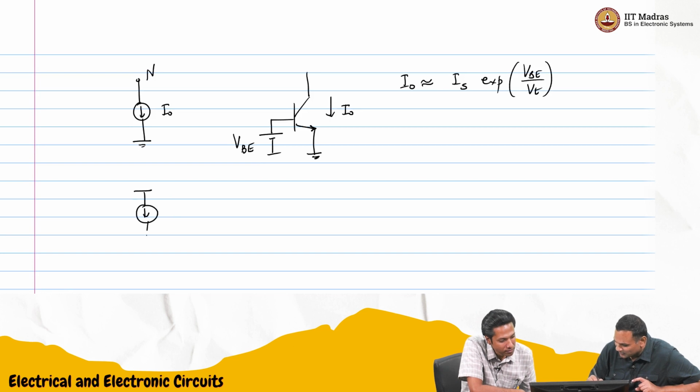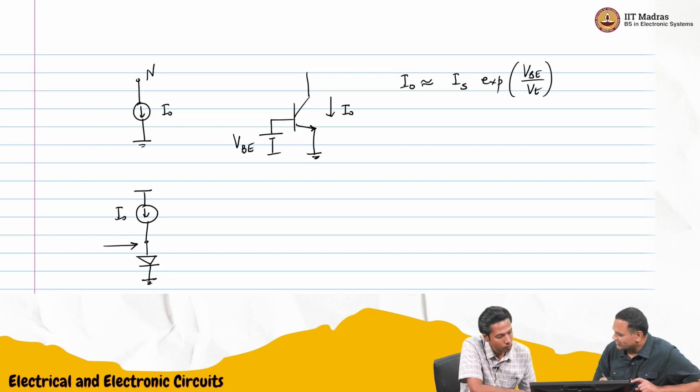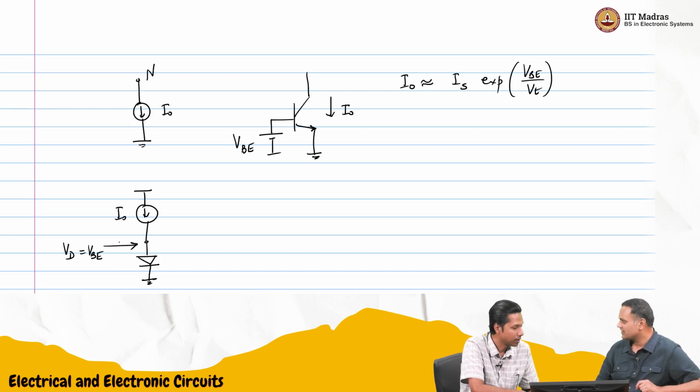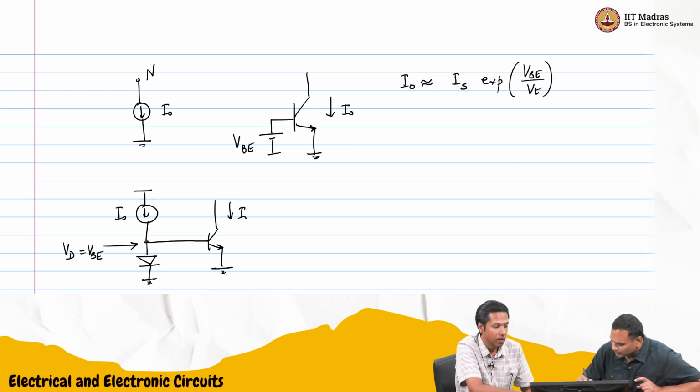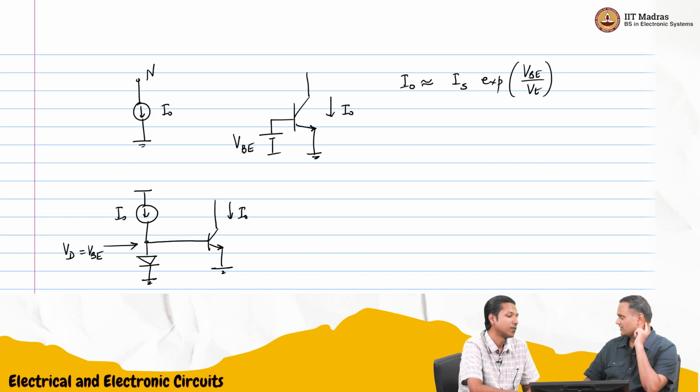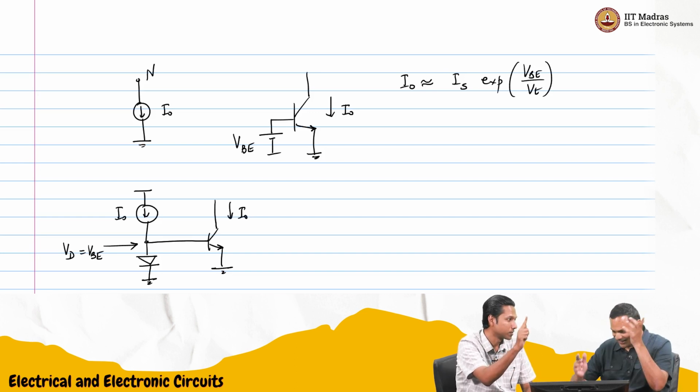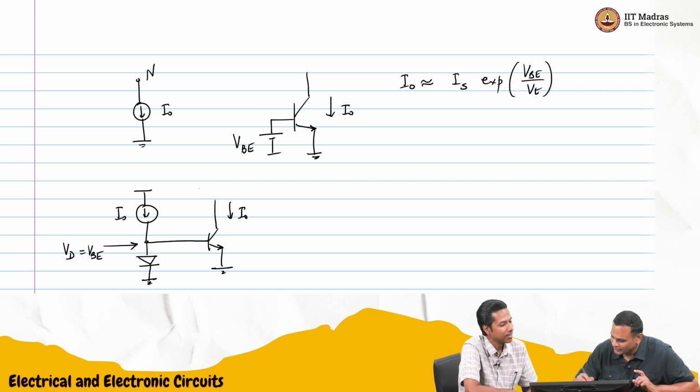So I will take one current source, I naught, and let us say we pass it through a diode junction. That means this voltage will be VD, that is VBE, because the equation is the same. Then we can give this to your transistor. So now this current will be I naught. Now this can be connected to the common emitter amplifier. I'll show it in a different